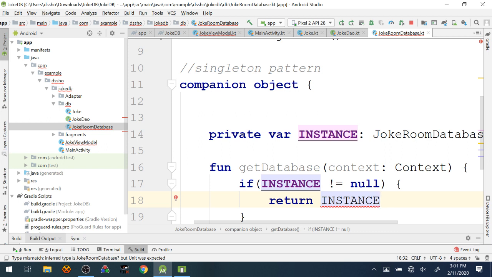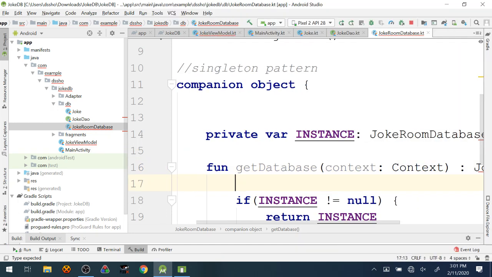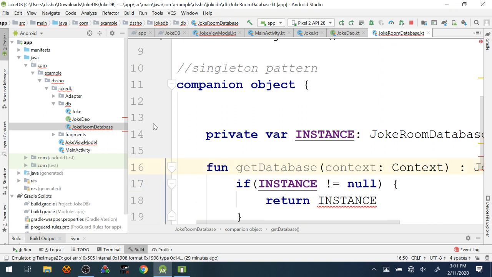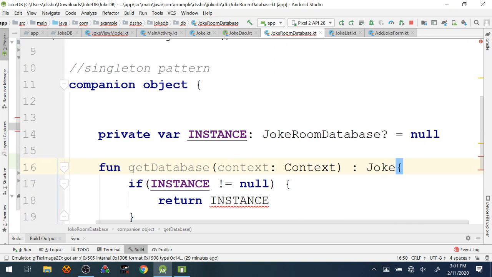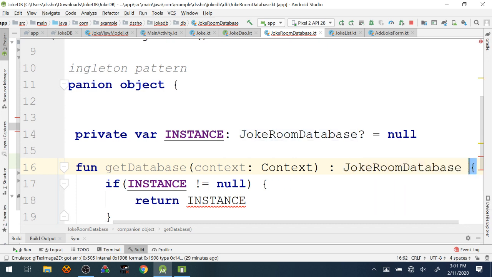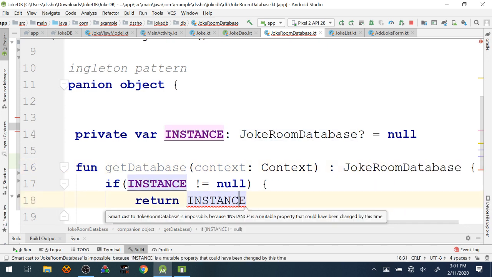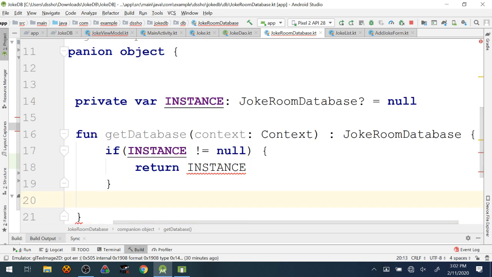Oh, I forgot to set the return type. Sorry. Let me scooch this over so we can actually see. Why are you still unhappy? Okay. Oh, I see. I see why I might be mad. I'm gonna pause. I'm gonna let that be angry for a second. We'll come back to it later.